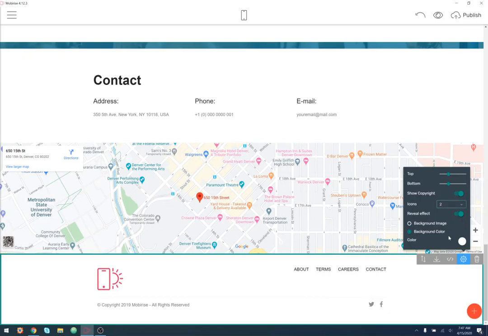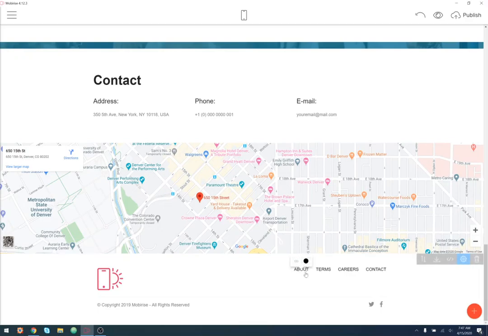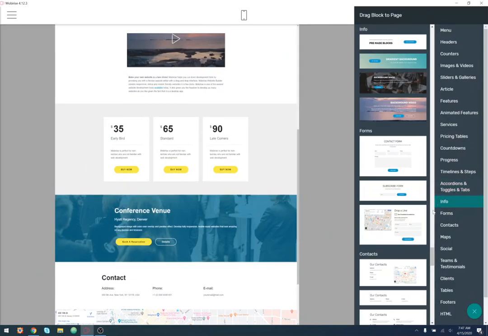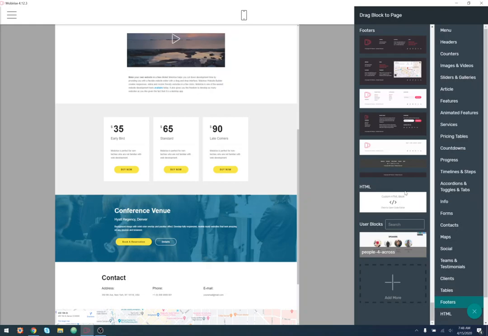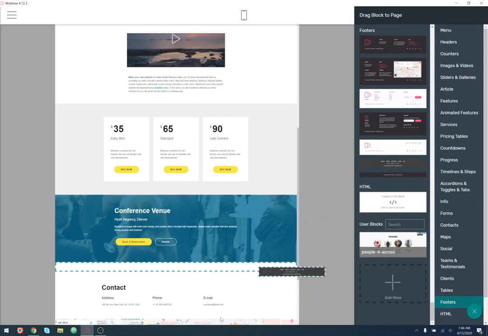Maybe we only need a couple of icons, or you could go with zero if you did not want to put your social media in here. But I think it's a good idea to have, if you're doing an event, you should have some sort of hashtag or social media presence. Could do without these. Is there a better footer? We'll just see if there's a better footer. Maybe this one